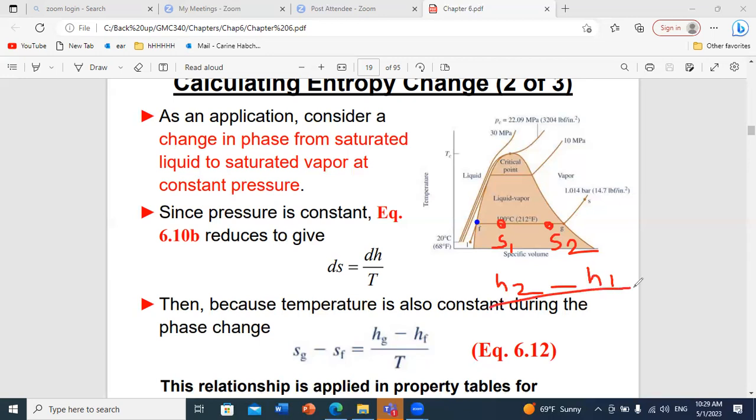You can verify إنه بيطلع لك نفس الشيء. بينما إذا عندك point هون و point هون you should do delta S، لأنه ما فيك تكتبي delta h over T لأنه T هون it's varying. أوكي؟